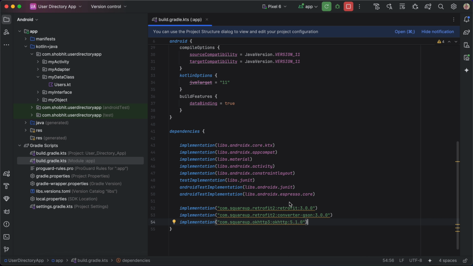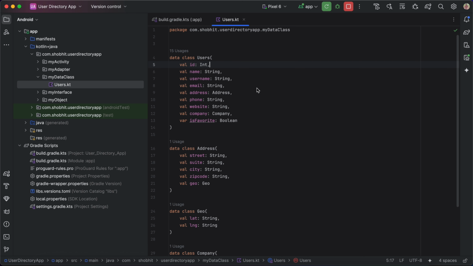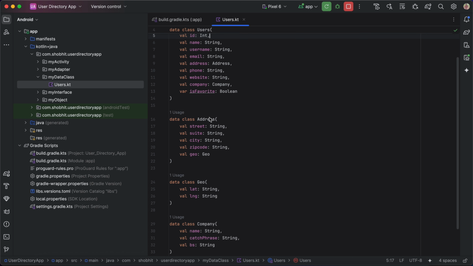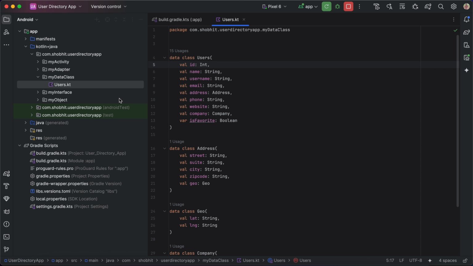When we call an API, the API gives a response in the form of a JSON file. So to move this JSON to Kotlin, we will create a data class with exactly the same key names. You can see I have created a data class of this API, and after that